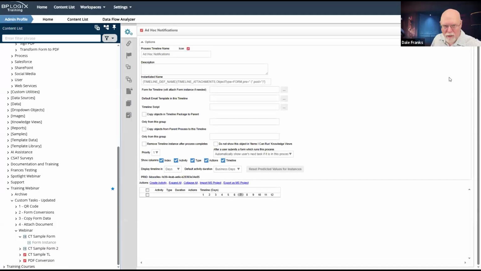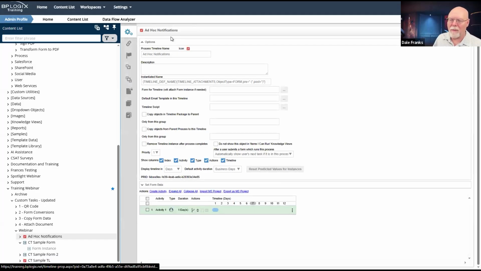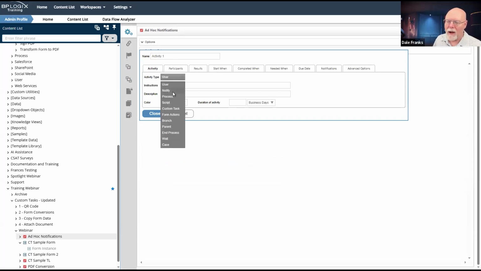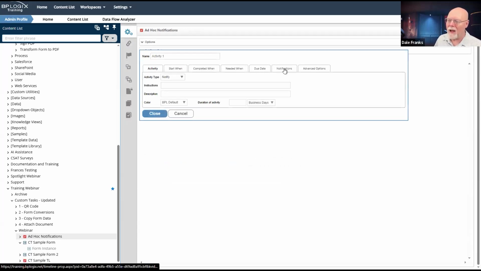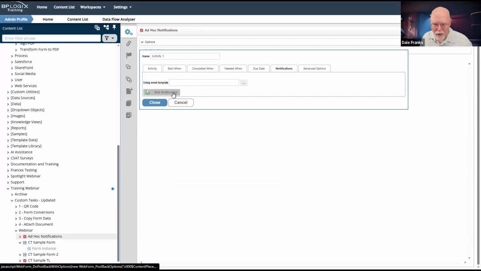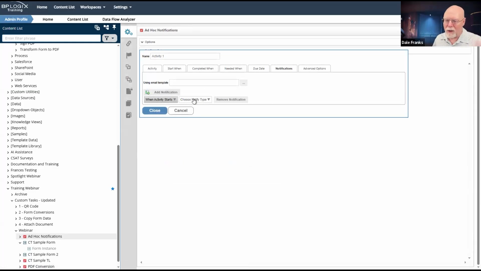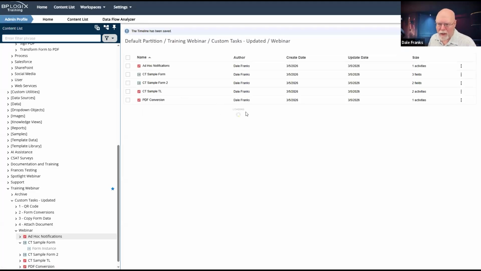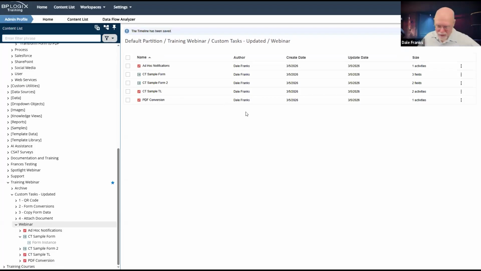There's a bunch of ways we can do this. It can get quite complex. We can have an array that has a whole list of people that we want to notify. We're not going to get that deep into it. All we're going to do on my ad hoc notifications timeline is create a notify activity, and then we can go in and set up whatever notifications we want. When the activity starts, I don't have any user I want to notify, so we'll just pick timeline initiator. Close that. Okay, great. I've got a notifications timeline. Now, obviously, it can be much more complex than that, like I said, but now I've got a notification thing.